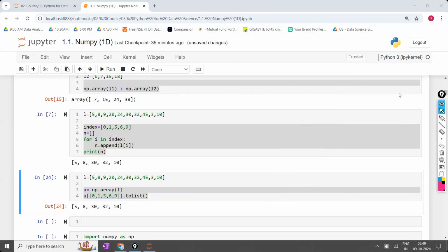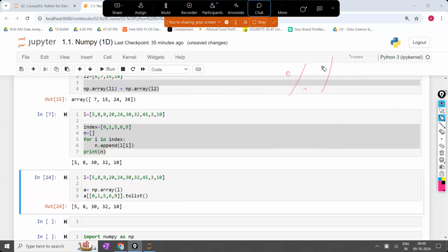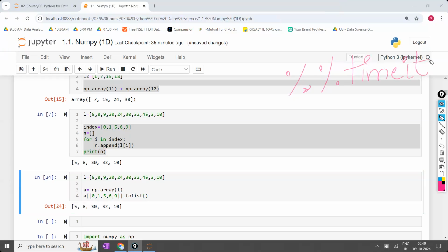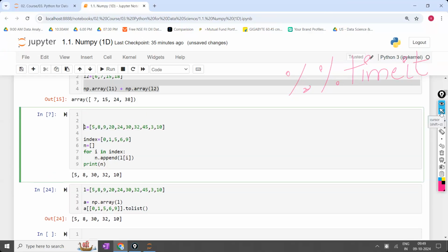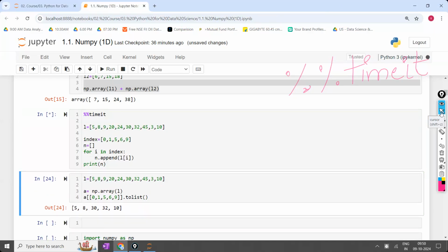Yes. It is going to reduce the processing time, the processing time related to that particular work. Now, how to check how much time a cell takes? On the top, you have to write %timeit. If you write it like this, it gives you how much time it has taken to execute this particular cell. Then it gives you